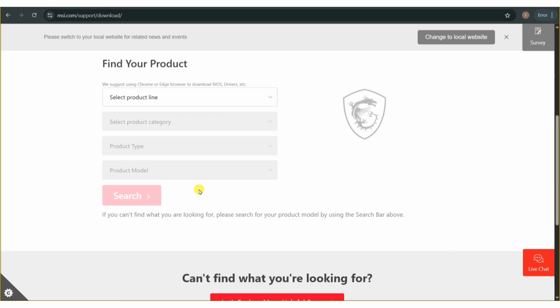Alternatively, MSI offers a tool called Driver Utility Installer, which can automatically detect your hardware and install the appropriate drivers. And this is especially useful for simplifying the process, and that's basically how you can download and install MSI drivers